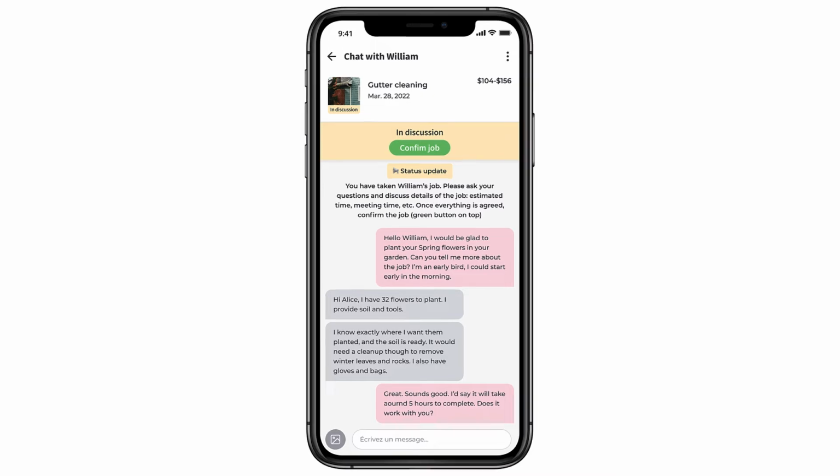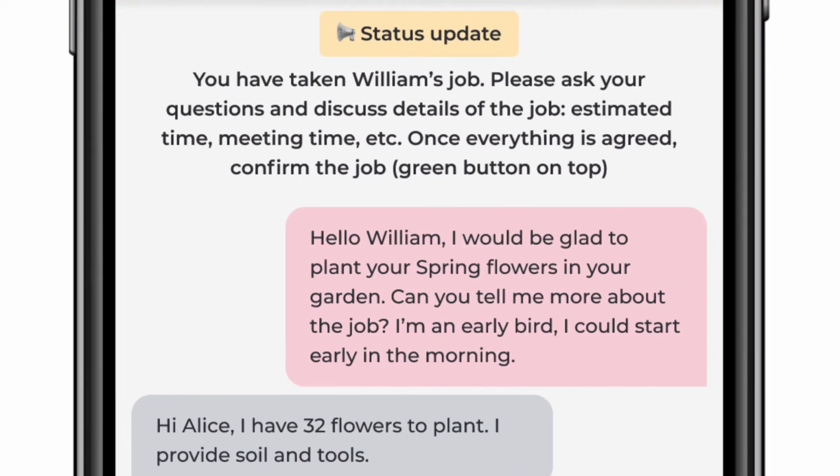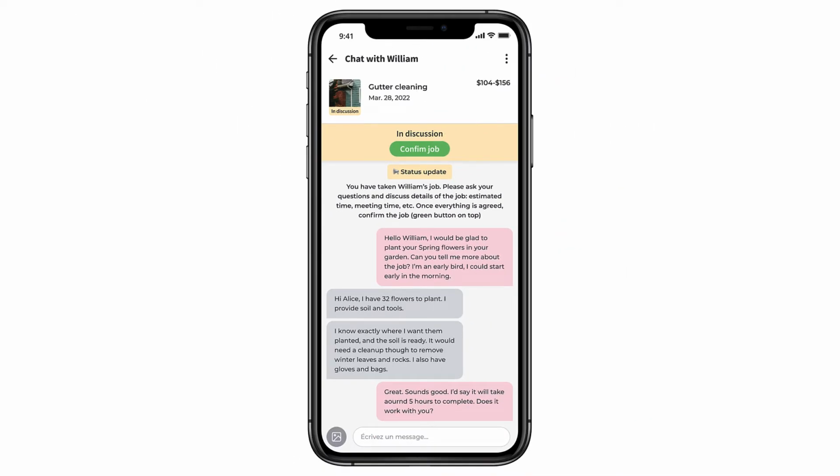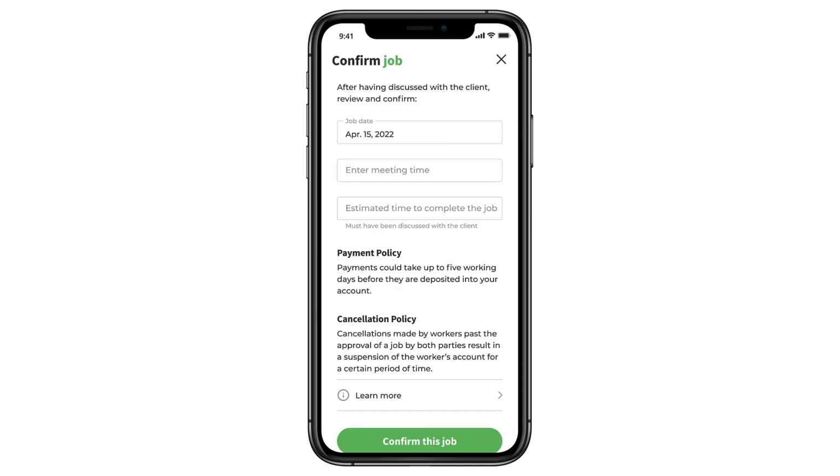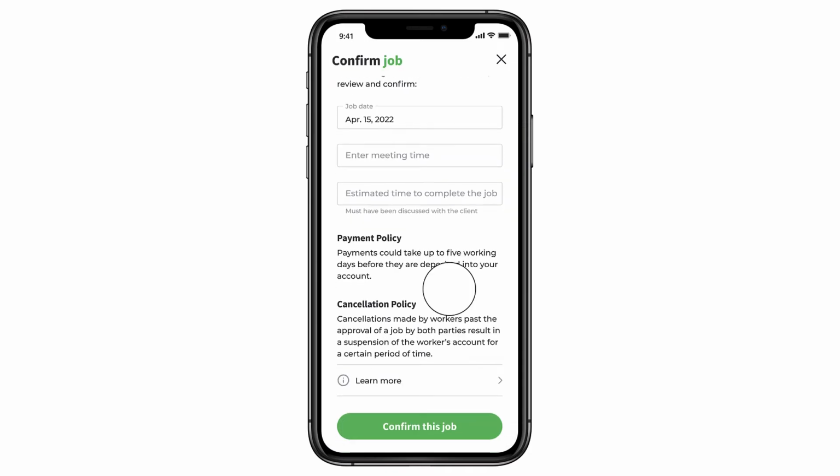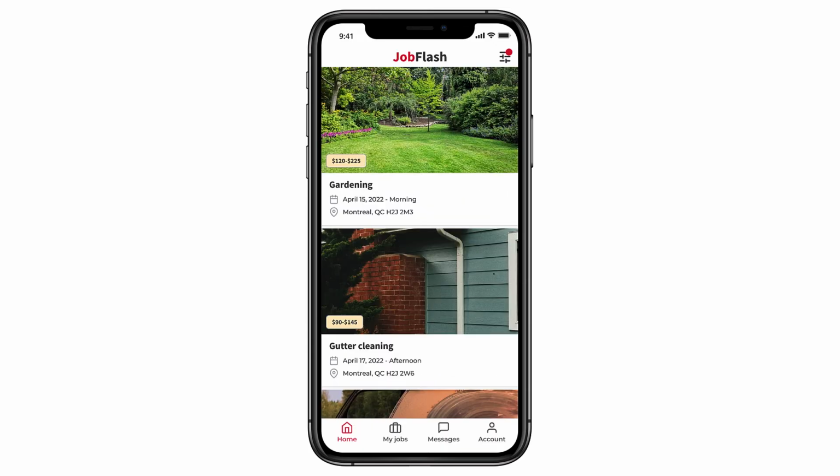Now that you are connected, chat with the client to get more details about the job. When you and your client's questions are answered, tap the Confirm Job button and fill out the confirmation sheet. Once you've pressed Confirm this job, all you need to do is show up to the job site, and complete